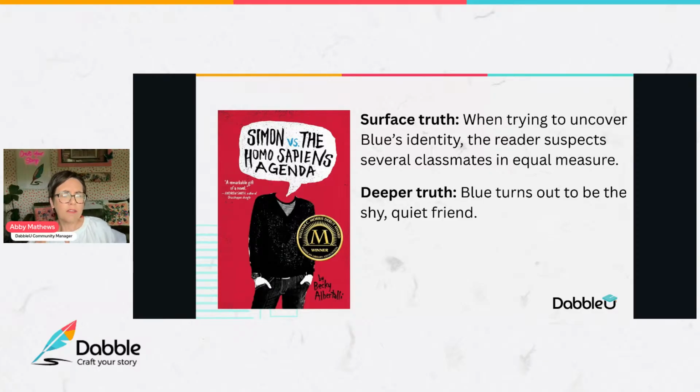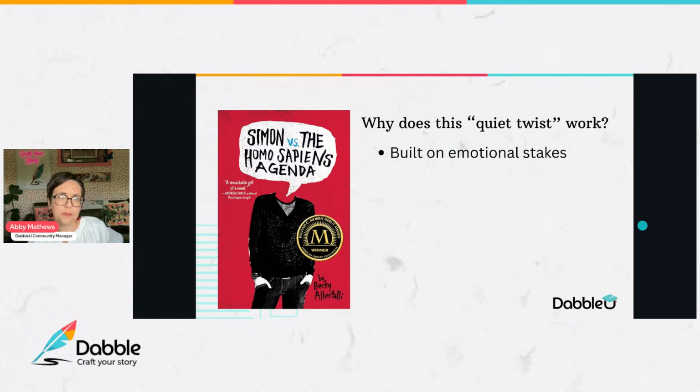All right. However, even though this is not a really gut punch sort of twist, when the reveal comes, it's just very heartwarming and satisfying and super emotionally resonant. All right. So the two-sided truth is Bram is the quiet friend, but he's also the secret love interest. All right. So quiet twist. I just sort of hinted at that. Right. In a story like Fight Club, you get this gut punch twist and you get why it works. Like this particular story, Simon, is really more of a tug on the heartstrings twist, right?